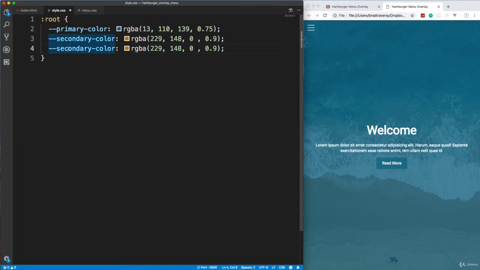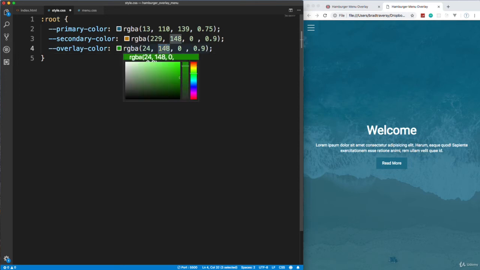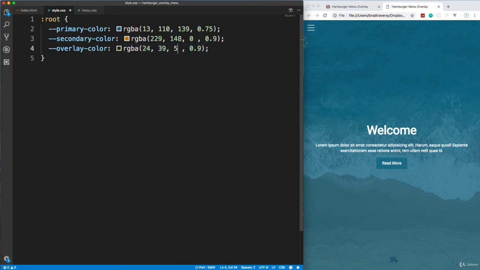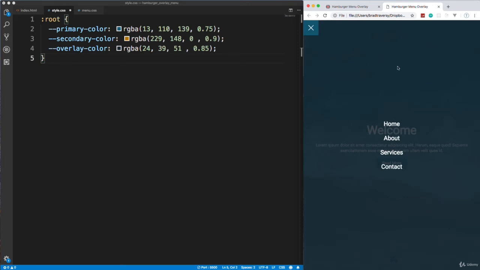So let's change this to overlay, and this is going to be 24. This is going to be pretty similar to the primary, but darker. So 24, 39, 51, and we're going to do 0.85. Okay, now if you want this to be less transparent, see how we can see the welcome behind it,